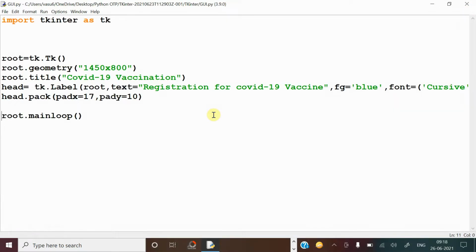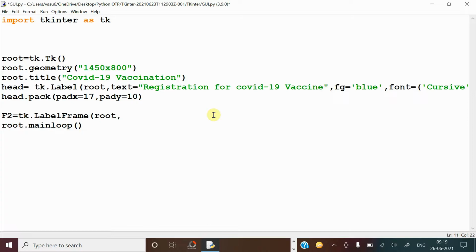So this part has been completed. So this heading and title parts are over. Now we are getting into the other components here. First I am creating the frame, one frame for keeping the data. F2 equal to tk dot, I am creating the label frame. Means for that frame you can give the title also. Label frame. So where should this frame be? In root. In root window only it should be there.